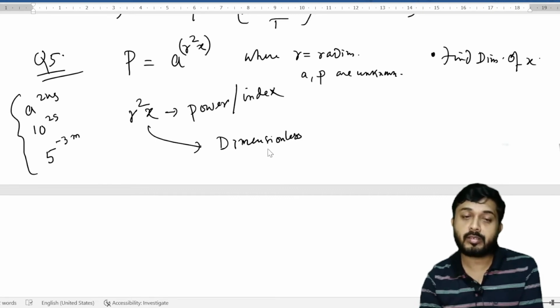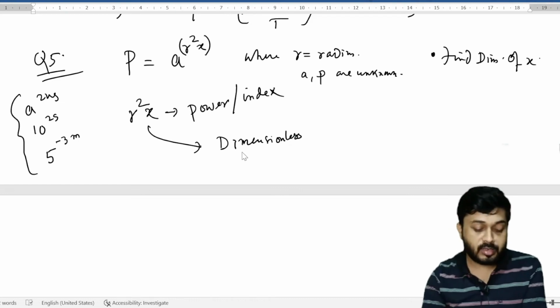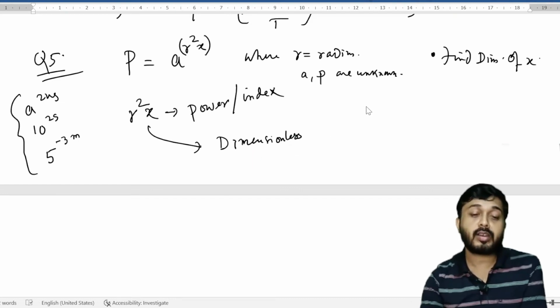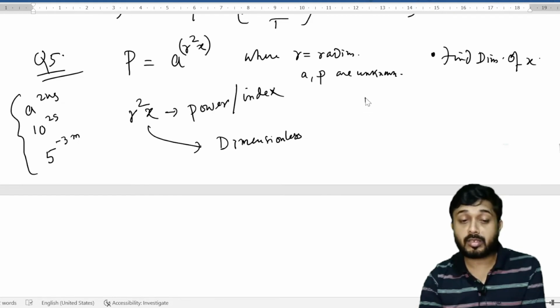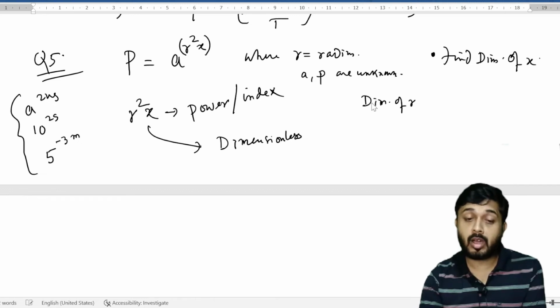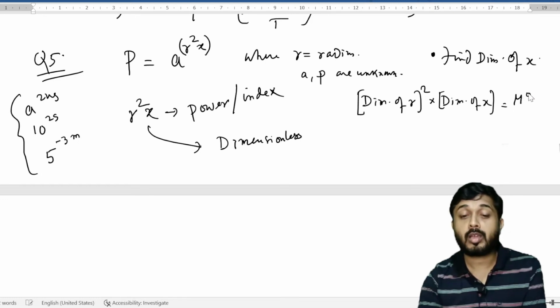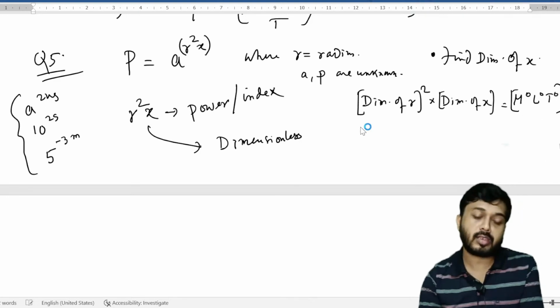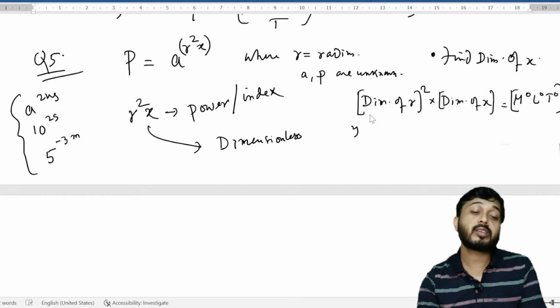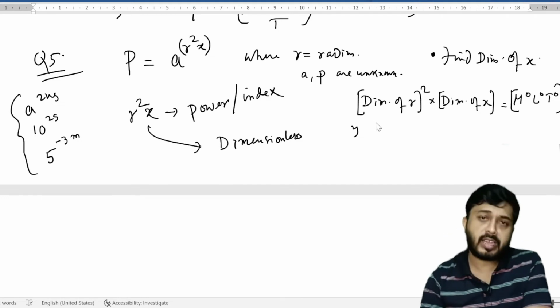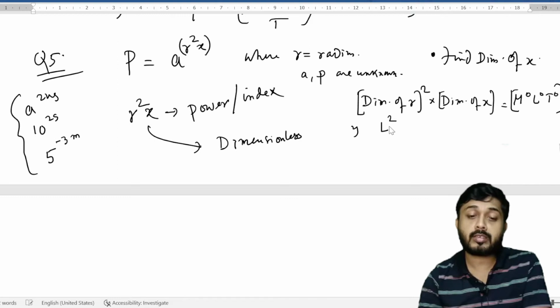Are things getting clear? R square x is dimensionless. So we can write that the dimensions of r square into the dimensions of x is equal to m to the power 0, L to the power 0 and t to the power 0, isn't it? Because this is dimensionless. What is r? R is given to be the radius. Radius is nothing but a length. Am I clear? So we can write L square